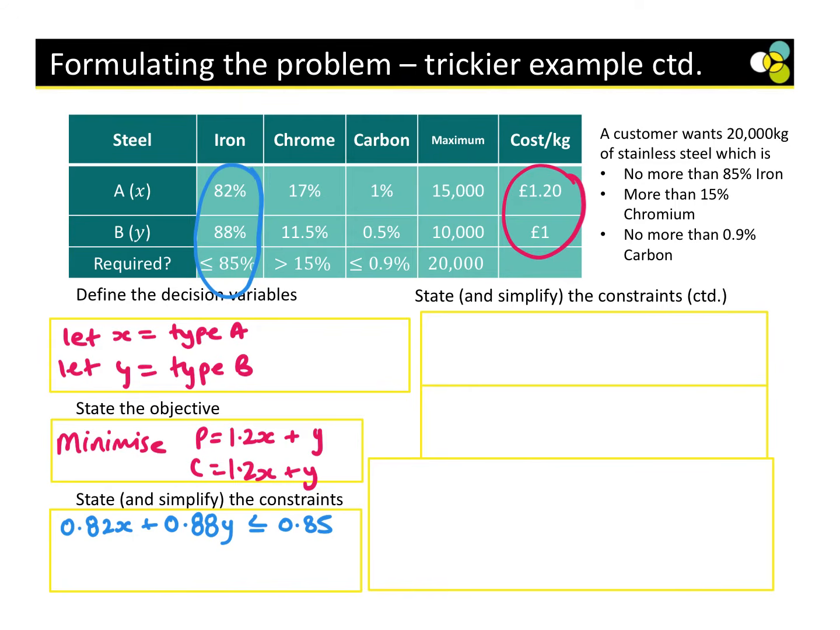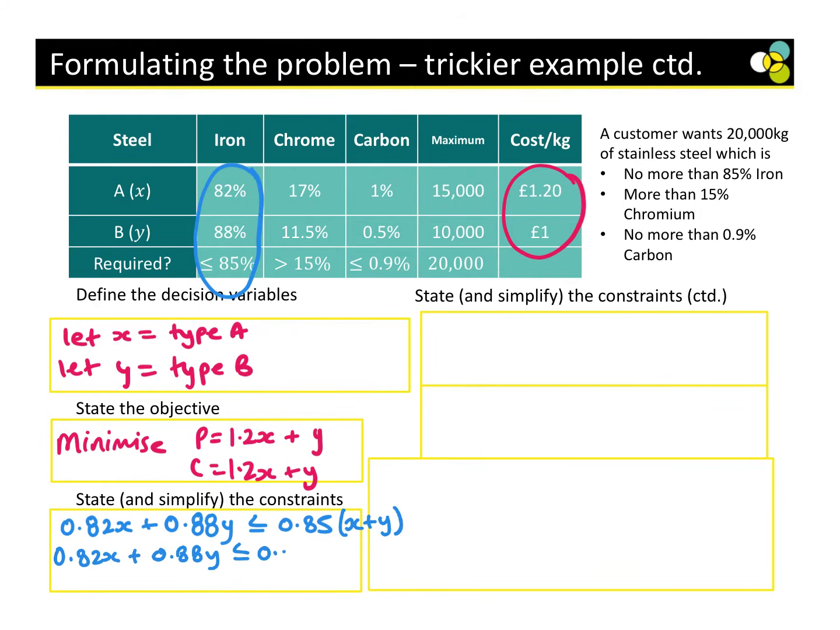Do we remember what it said here? No more than 85% iron. So this is no more than 85% of x plus y, because the iron is of x plus y. So we are going to have to expand and simplify. We're going to have 0.82x plus 0.88y